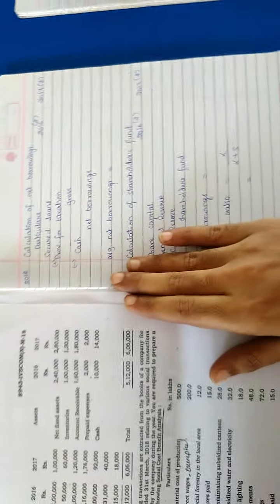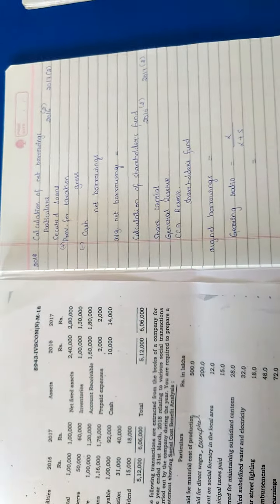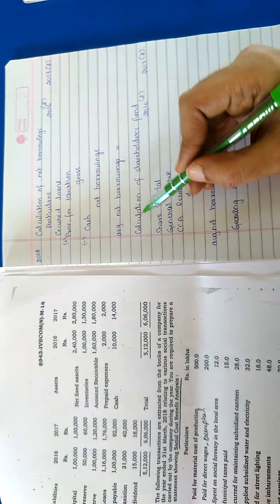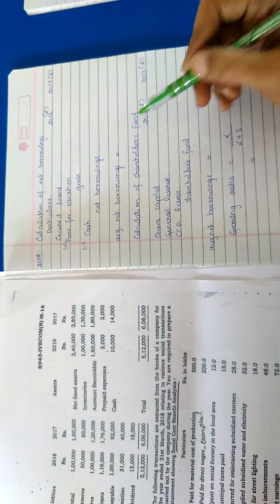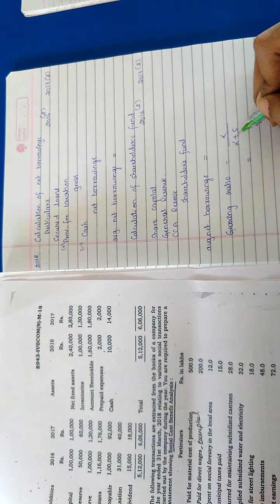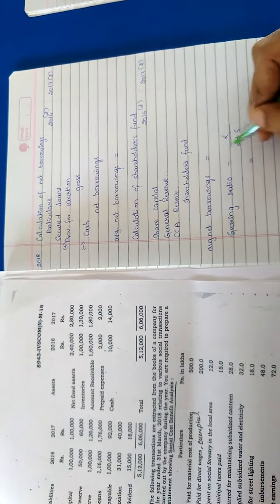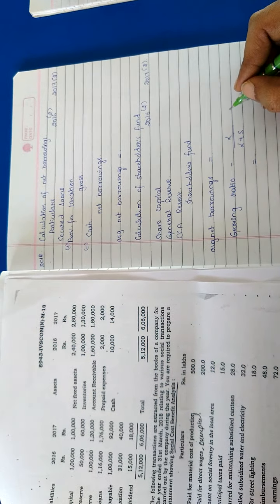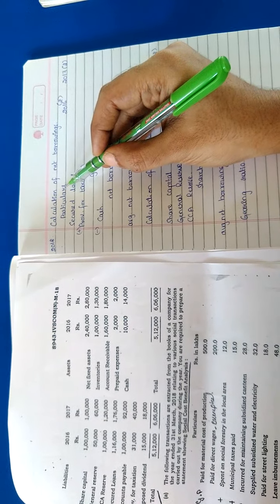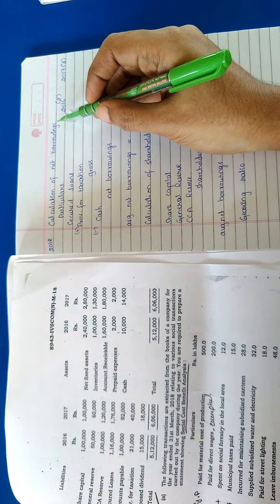Now let us take the problem and the solution. I wrote the solution so that we first calculate the net borrowings, next the shareholders' fund, and our gearing ratio is L divided by L plus S. Only this is the ratio. If we multiply it by A, that gives the amount of gearing adjustment. Now let us take the first calculation, the calculation of net borrowings.